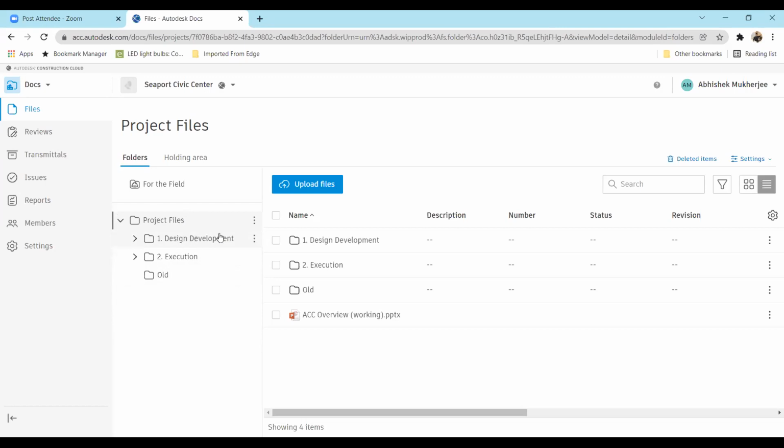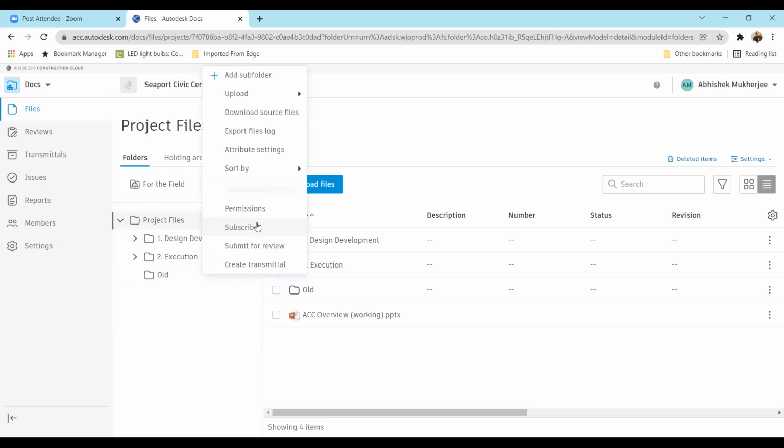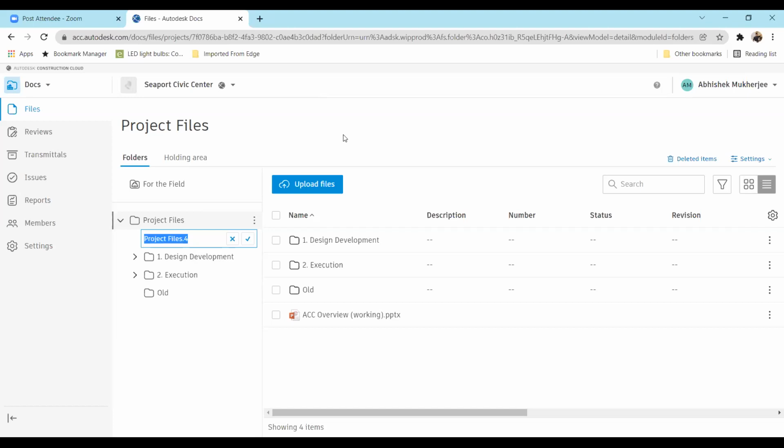So these are all folders and subfolders which can directly be created by clicking on here. There are three dots over here. If you have the rights to create the folder, that is the rights to edit the space, then you can just click on add subfolder. That subfolder may be a subfolder called, let's say, concept stage. So this may be a concept stage for this particular project. There may be some files over here.